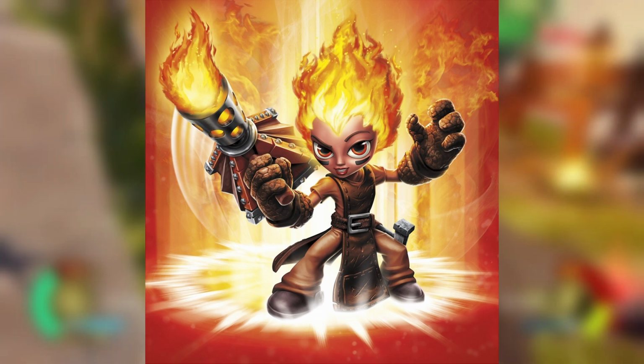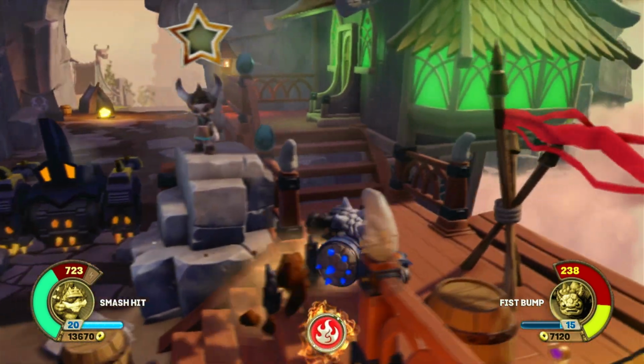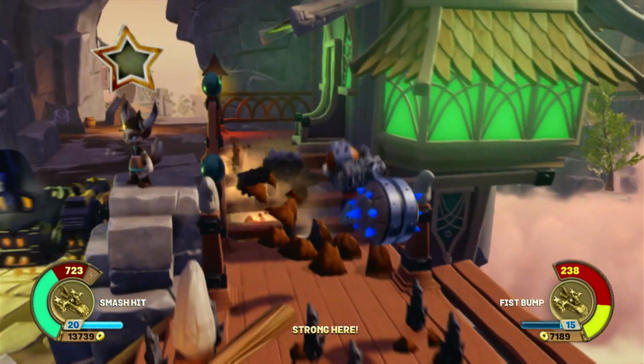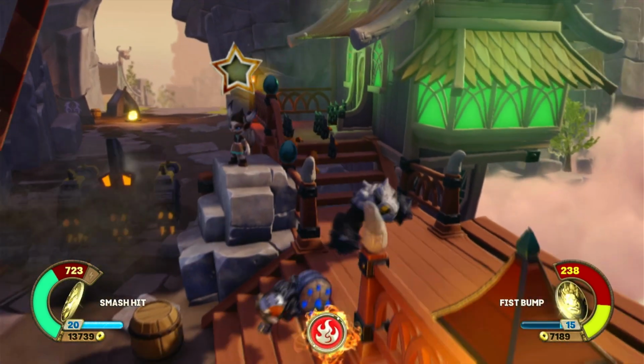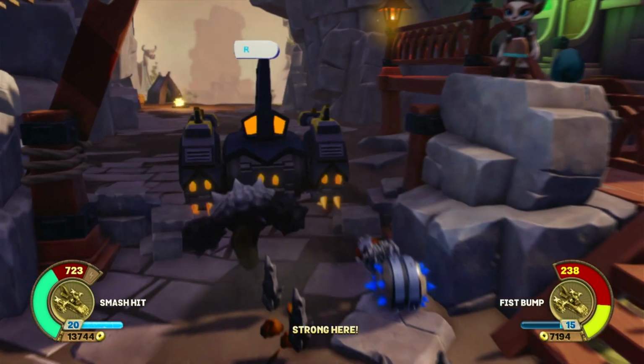Now on to the fire element, and Torch is going to be my least favorite from the fire element. I just feel like her attacks are just not that great, and she is very forgettable in my opinion. She was one of the Wave 1 core Skylanders of Trap Team, and that is a big plus for her, although nowadays I don't remember her at all. Anyway,